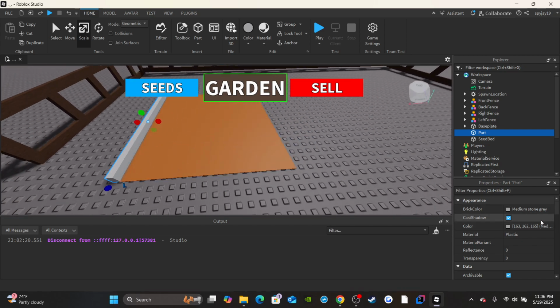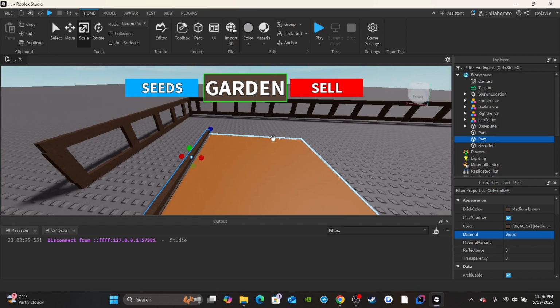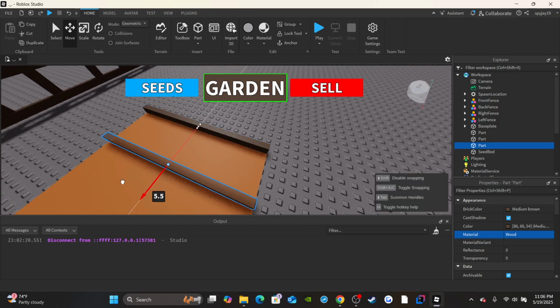Boom, right? Change the color. This is supposed to be like a dark brown. I know that. Now this is supposed to be wood. I know that, right? Then duplicate this, move it over here, then duplicate it, move it to like the middle,